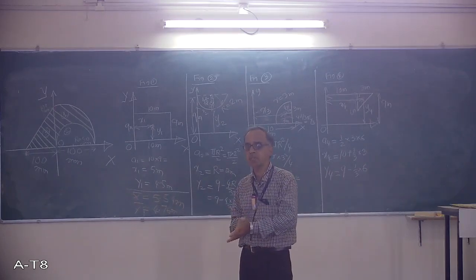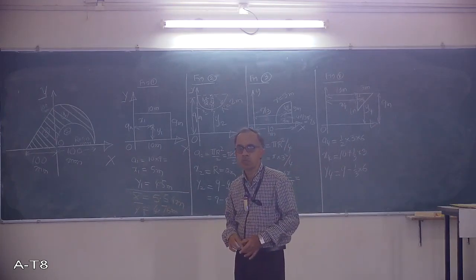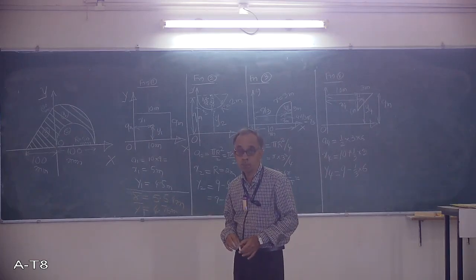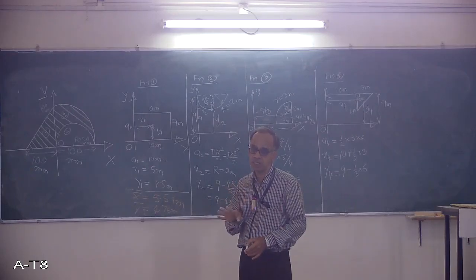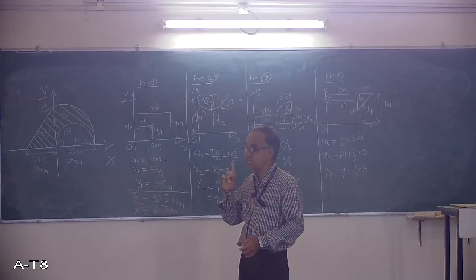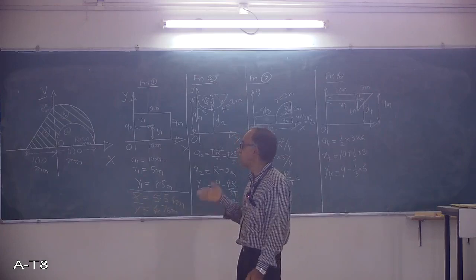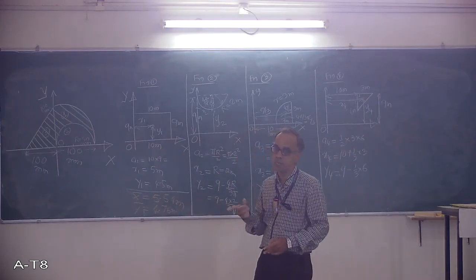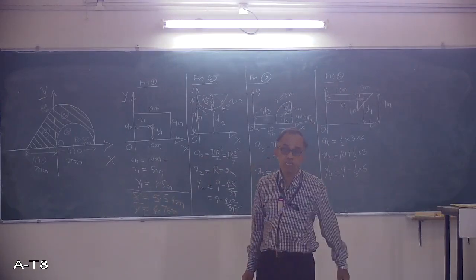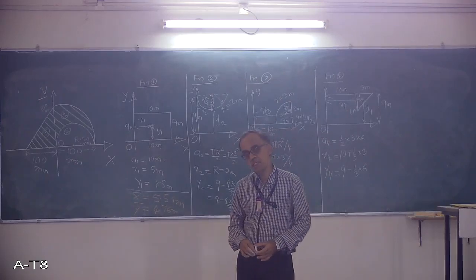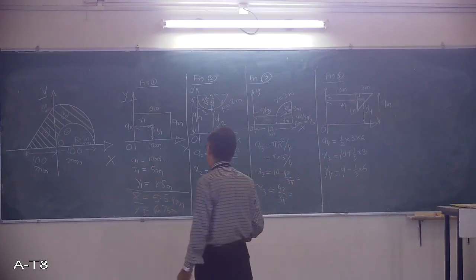So when I write my equation, how do I write the equation for x bar? X bar is equal to a1x1 minus a2x2 plus a3x3, divided by a1 minus a2 plus a3. Why minus a2x2? Because the semicircle is not shaded. This I have already told you. And a3x3 will have a plus sign only. Similarly, y bar is equal to a1y1 minus a2y2 plus a3y3 divided by a1 minus a2 plus a3. So let me draw the figures separately.